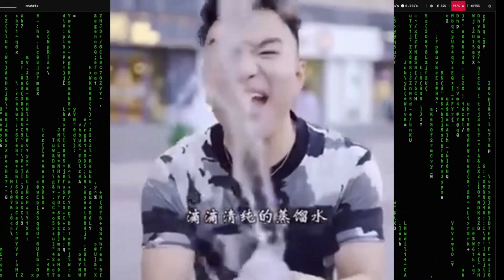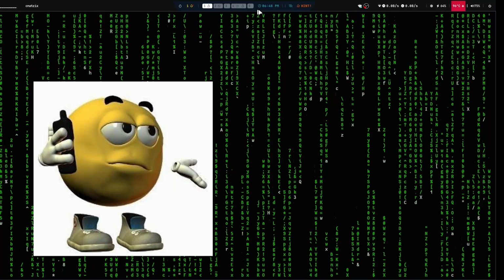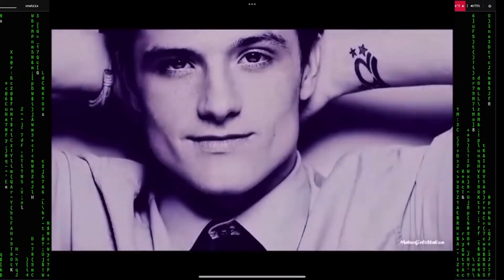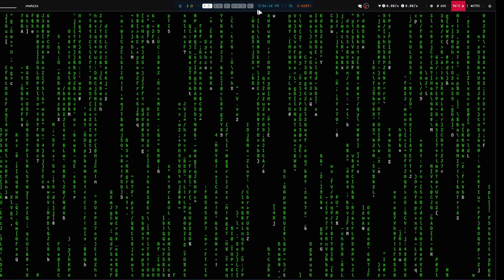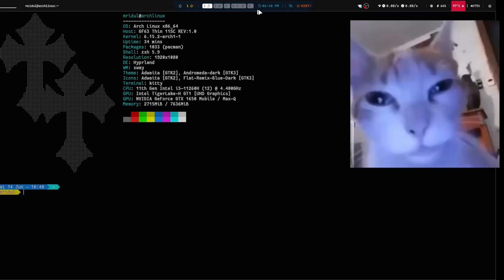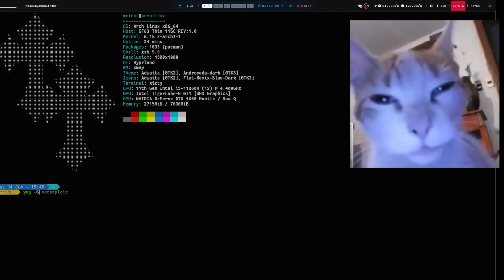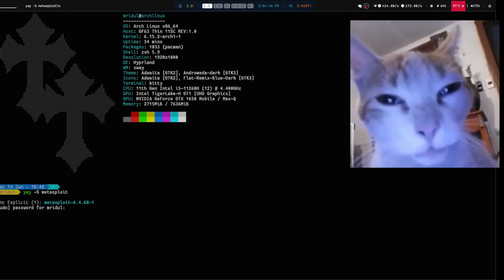So as you can see right here, I have opened the C matrix, so I should look like a hacker. That's why I opened it. First of all, we're gonna download that tool which is gonna create our APK. So just type this command and basically it will install that tool. It is around 400 MB.